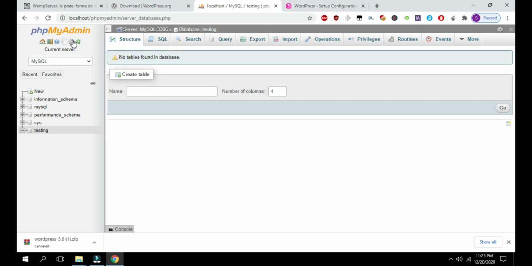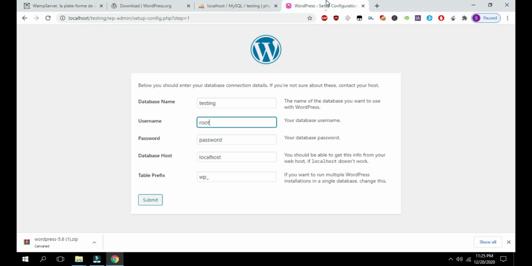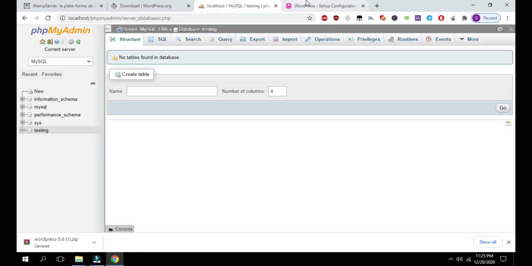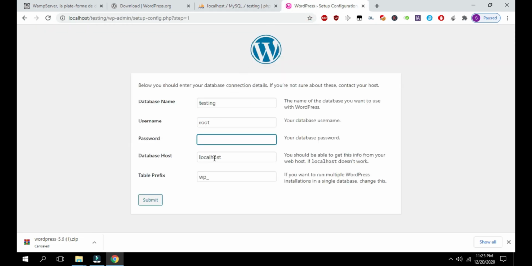The password should be blank. As I told you, my phpMyAdmin password is blank. So click on submit.